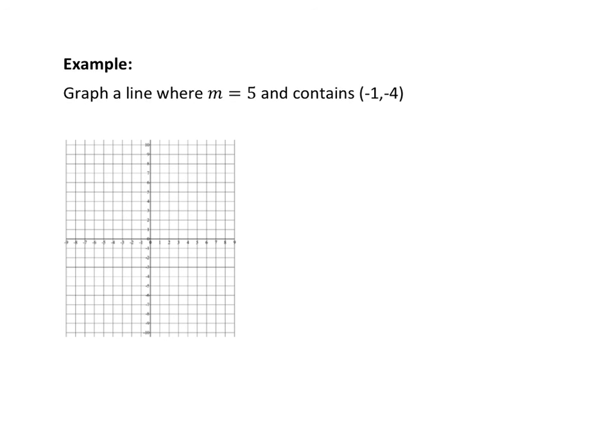Now we're going to look at a unique example. We're told the slope here is 5. We want to be sure to note that 5 is the same thing as 5 over 1. So we're going to rise 5 and run 1. It's very important to notice that if you just run, or if you were to just rise 5 places, you would actually be making a vertical line. We do not want to make a vertical line in this case, so we're going to recognize that's 5 over 1. And then we've got the point,